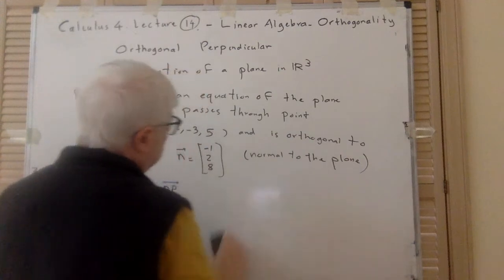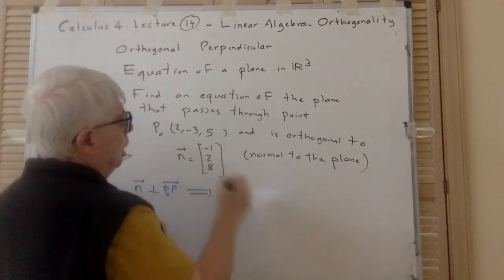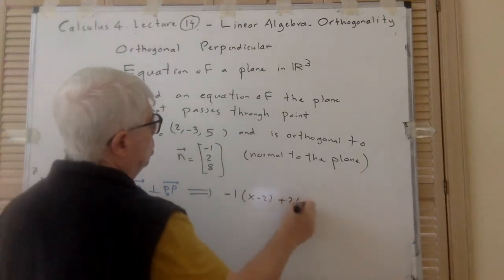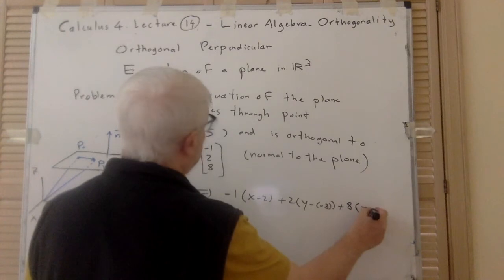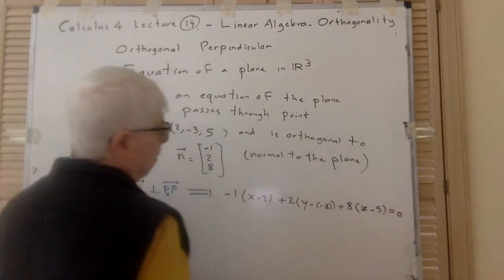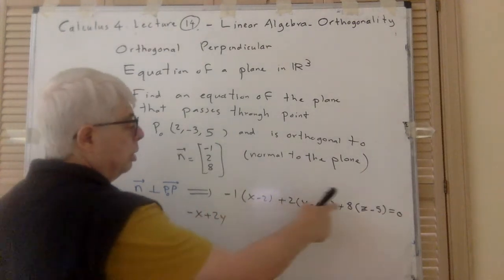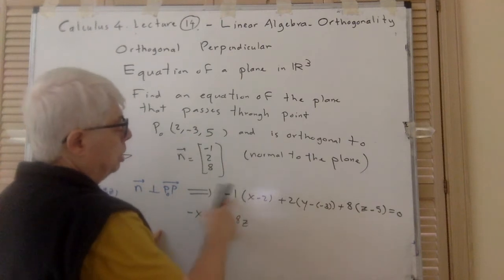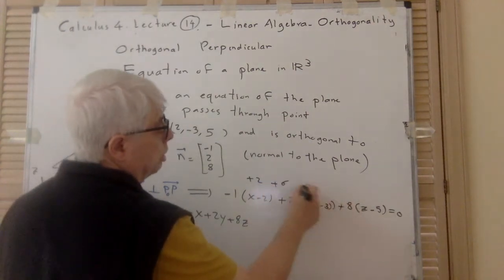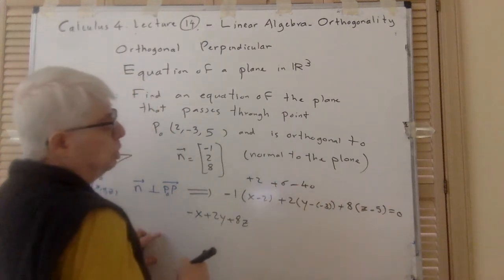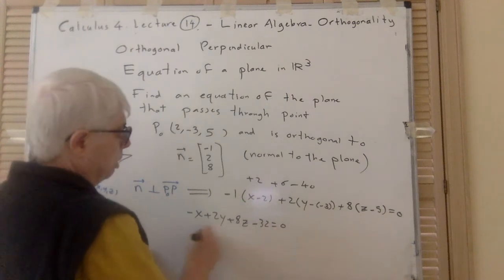Let me erase it. So it's very simple. It is -1 times (x - 2) plus 2 times (y + 3) plus 8 times (z - 5) equals 0. Okay, so I can expand and make it simpler, and that is -x + 2y + 8z. The constant here is plus 2, and 2 times 3 is 6, giving plus 6, and minus 40. So that's 8 minus 40, so I have minus 32. Well, I can write the 32 on the other side,